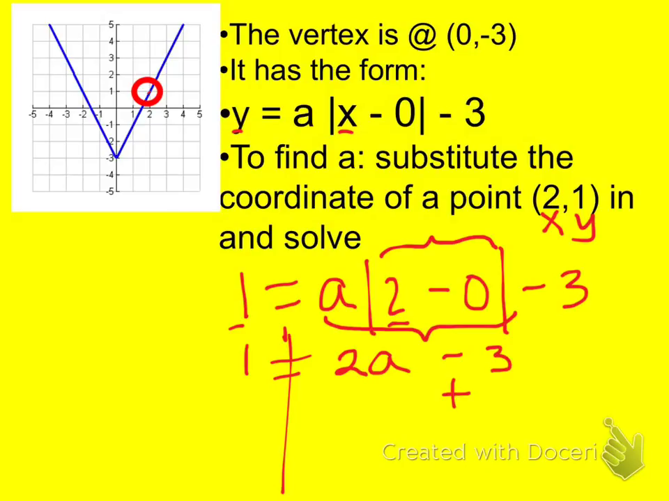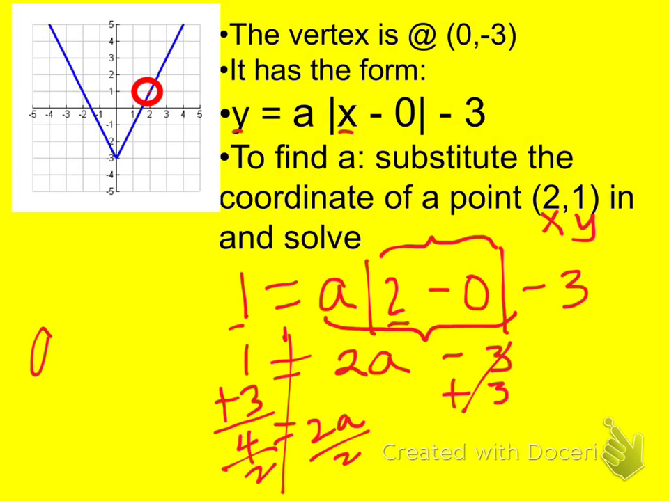Make the least amount of moves possible. I can use the inverse operation and move things around all day long, but I want to make the least amount of moves possible. So I'm going to add 3 to both sides. 0 the 3's out. I have 4 on this side. Bring down my 2a, divide by 2 on both sides,